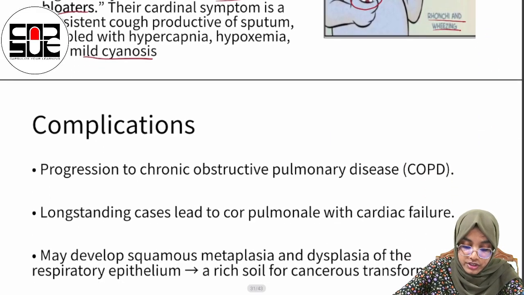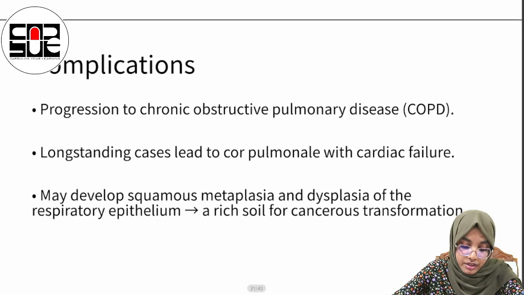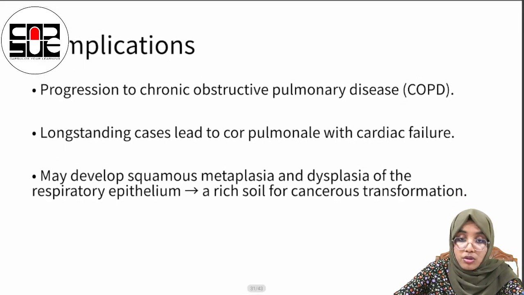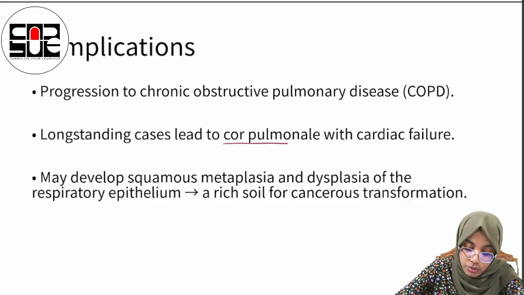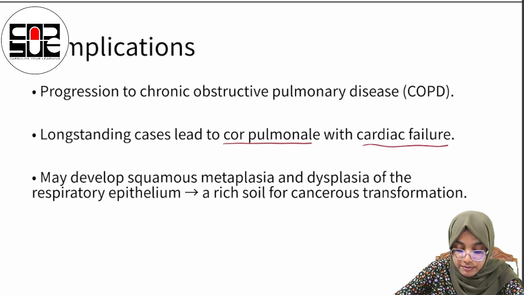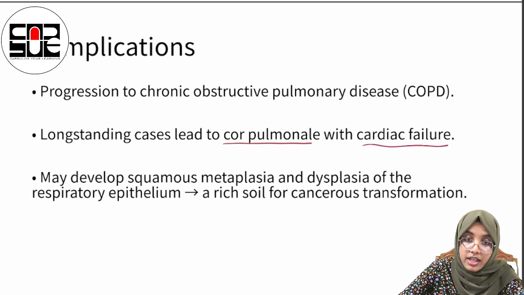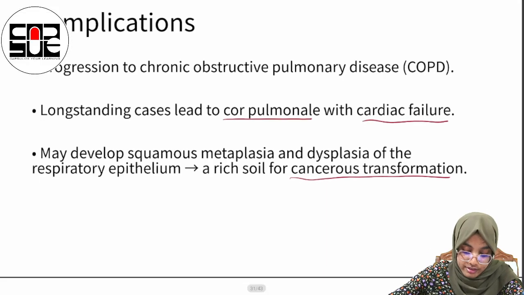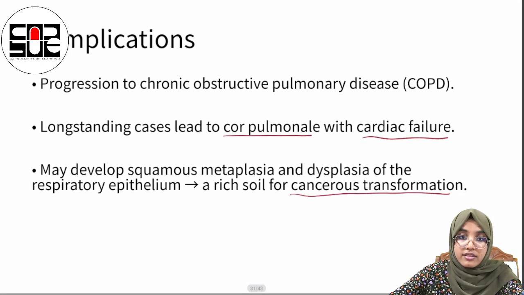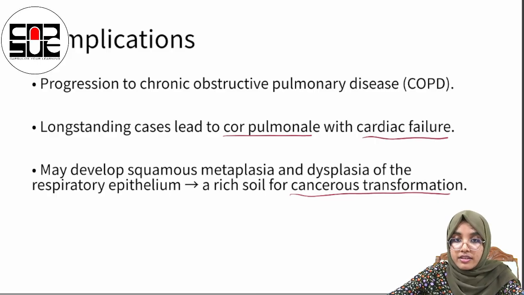So these are the clinical features. Let's move on to the complications. Chronic bronchitis can progress and result in chronic obstructive pulmonary disease. Long-standing cases can lead to cor pulmonale, accompanied by cardiac failure. Some patients will develop squamous metaplasia, and there may be dysplasia of the respiratory epithelium, and this will lead to cancerous transformation. So we discussed the complications, the clinical features, the morphology and the pathogenesis